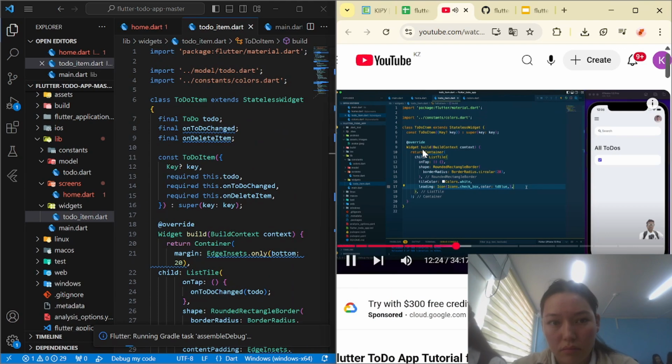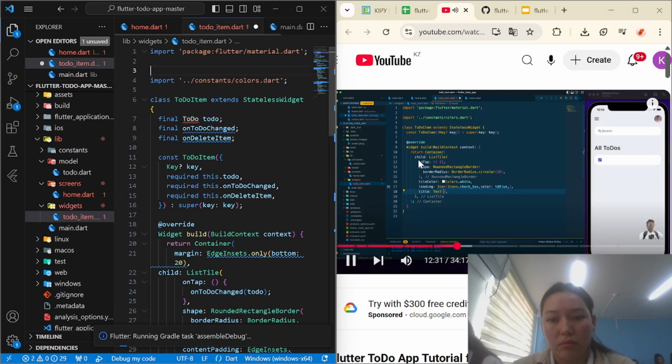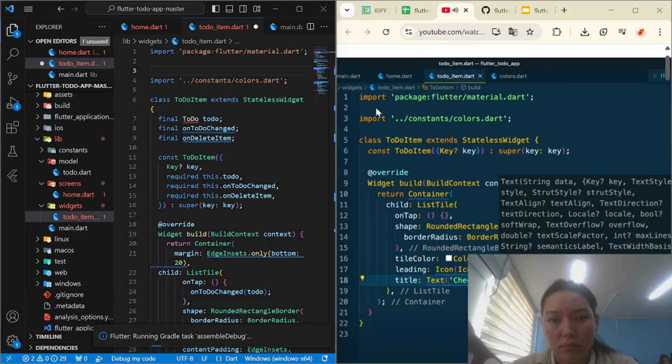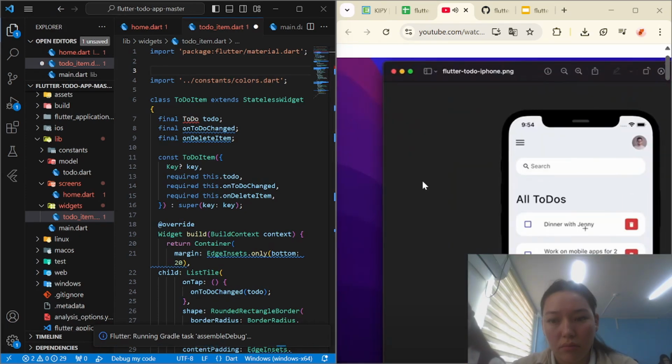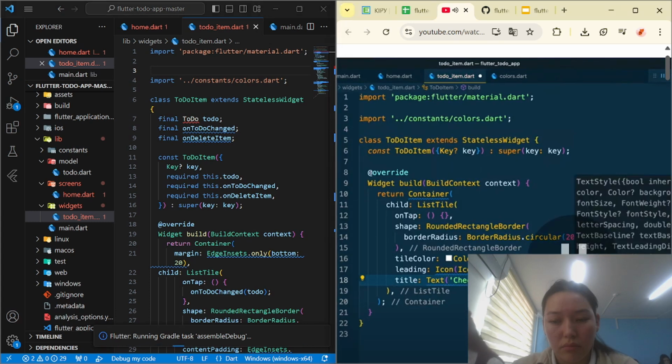Now after this leading property, we need to add the title, and here it will be the text widget, and let's provide a text. So this one is the text of our task, right? And for this text, let's provide some styling, and for the style of